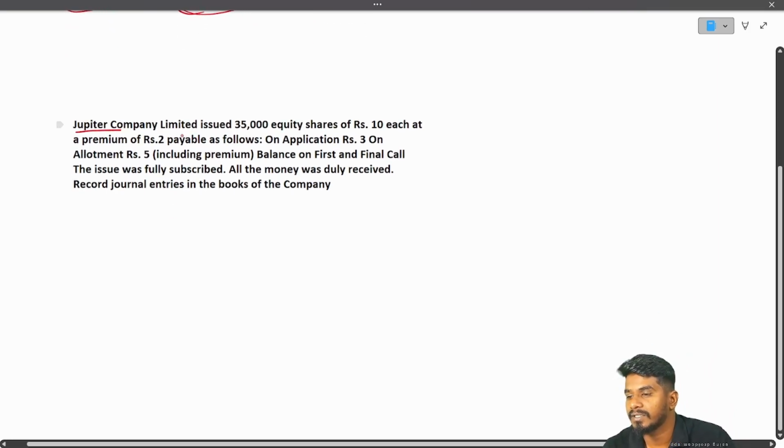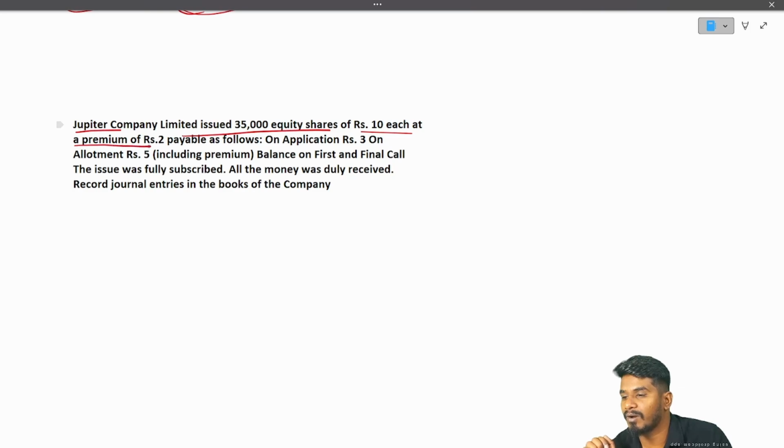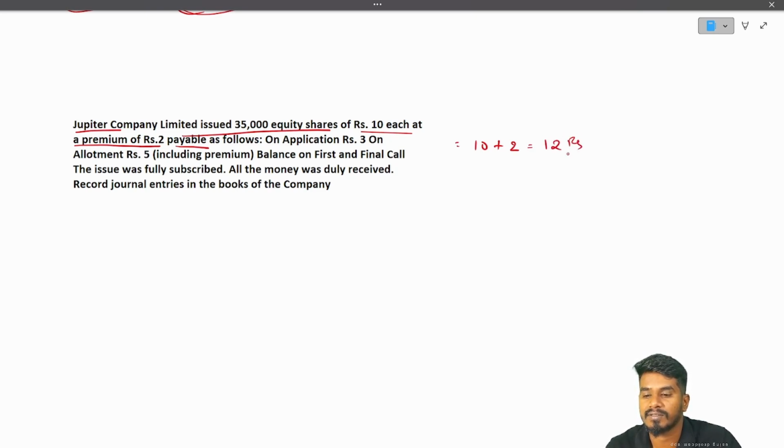Jupiter Company issued 35,000 equity shares of rupees 10 each at a premium of 2, payable. Which means 10 plus 2, they are issuing at 12 rupees. And on application, shareholders need to pay 3 rupees and on allotment, they need to pay 5 rupees,